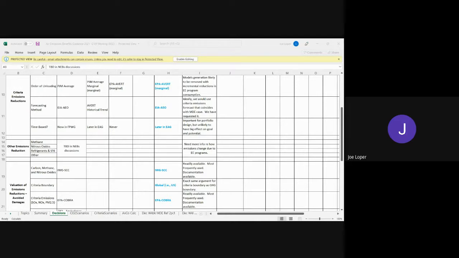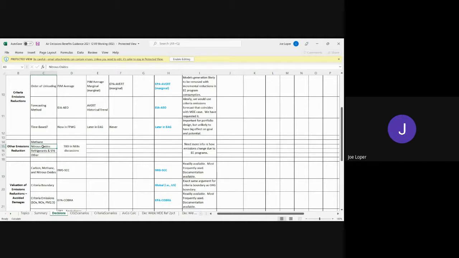I want to be clear, I'm not in any way arguing that methane emissions are not important. I think they're hugely important, and they are a big focus of the administration and everyone now, and rightly so. The question is to what extent the methane emissions reductions occur as a result of the efficiency programs. I have the same issues calculating the emissions reductions from the programs for the nitrous